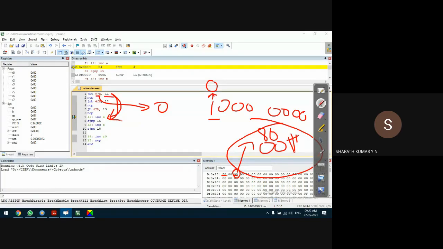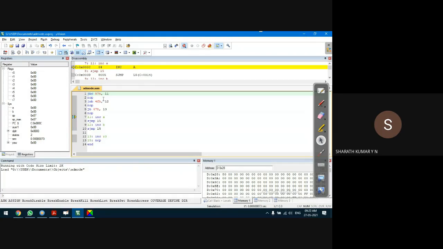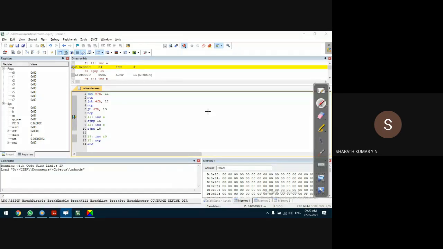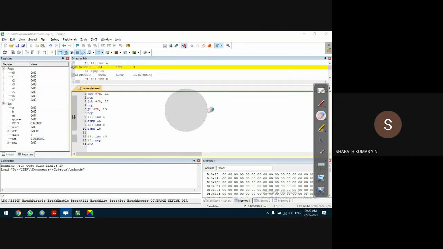So that's how jump if bit is set works: jump to the target location, and before taking the jump, clear the flag bit to 0. So C stands for clear, not for carry. Most of the time there is confusion whether C is for clear or carry. In JC, C stands for carry, but in JBC, C stands for clear. Jump if bit set, and before taking a jump, clear the bit to 0. Very simple. So that's how the JBC instruction works.